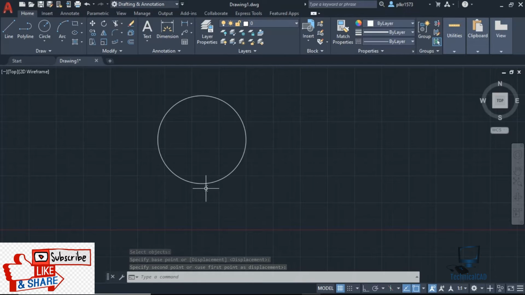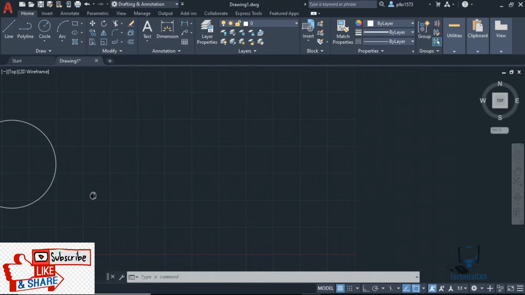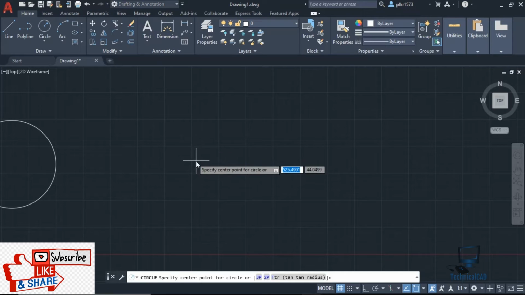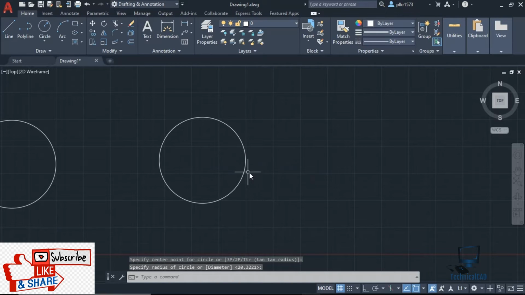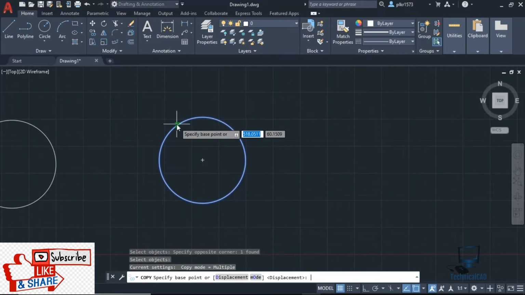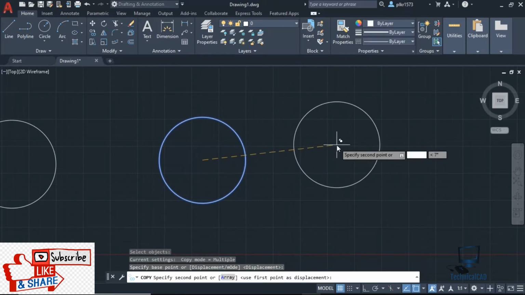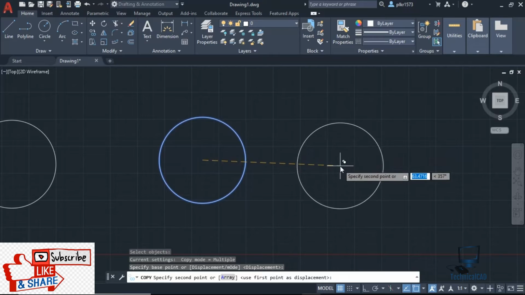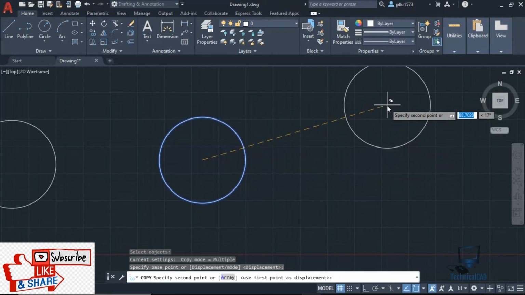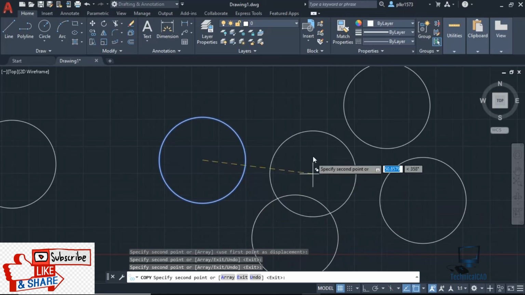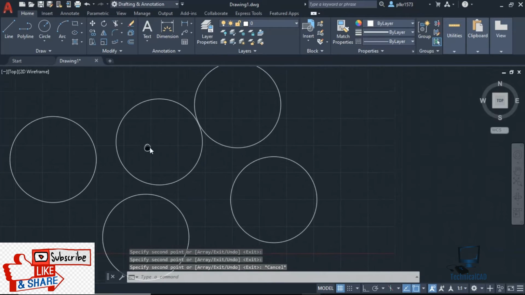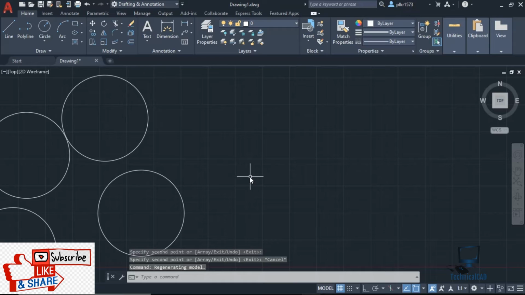And next one is copy and paste. So how to copy objects, how to paste objects. I need to copy this same object, I want to duplicate that. For that purpose I go for copy, enter, select the object, enter. Now it's asking for base point. I'll go for base point and you can move wherever required. However many objects you need, that many objects you can duplicate. So that is the copy object.